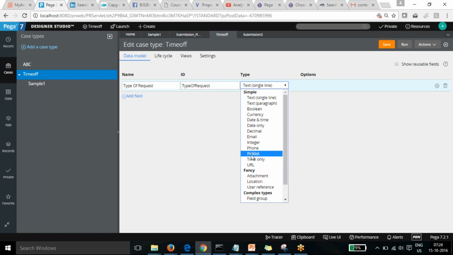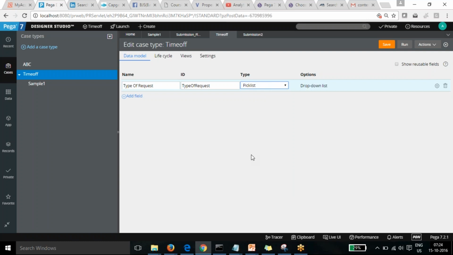Most of the time we do data modeling for that, because Pega takes care of the other fields, like case related things: who created it, when it was created. There are a lot of fields Pega has defined. So most of the time we do the data modeling for externals, what we need to enter for the business related things.